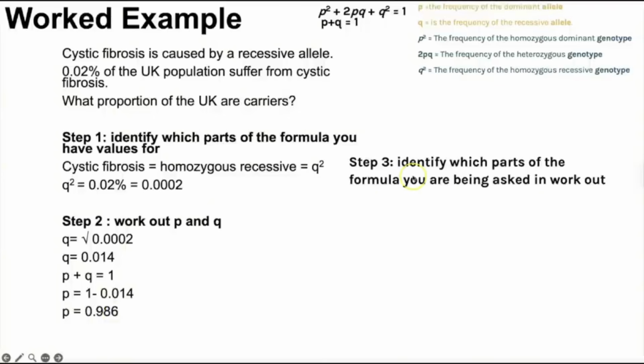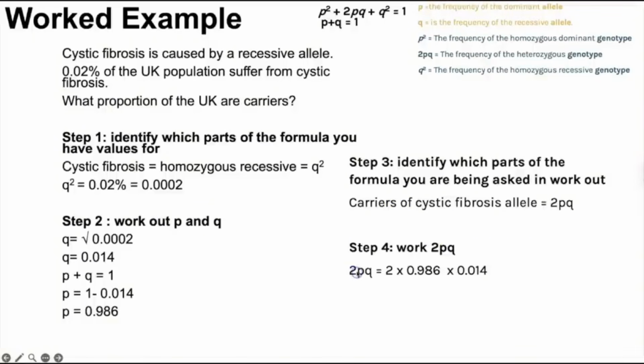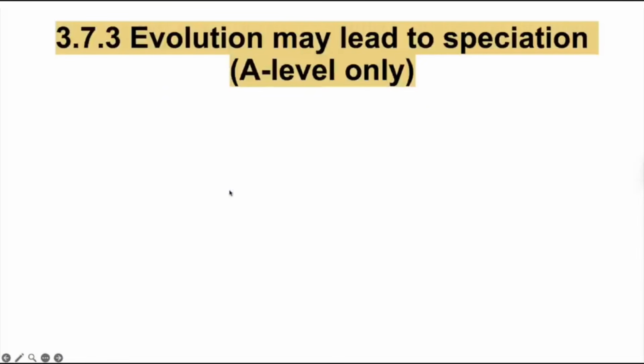So now we are working out what proportion are heterozygous. So for heterozygous, it's 2pq, so we then just need to do 2 times p times q. And that comes to 0.03. And they've just said proportion, so we can leave it as that, or you could write 3%, but do look carefully to see if they've asked for your answer as a percentage or just proportion. Next then,